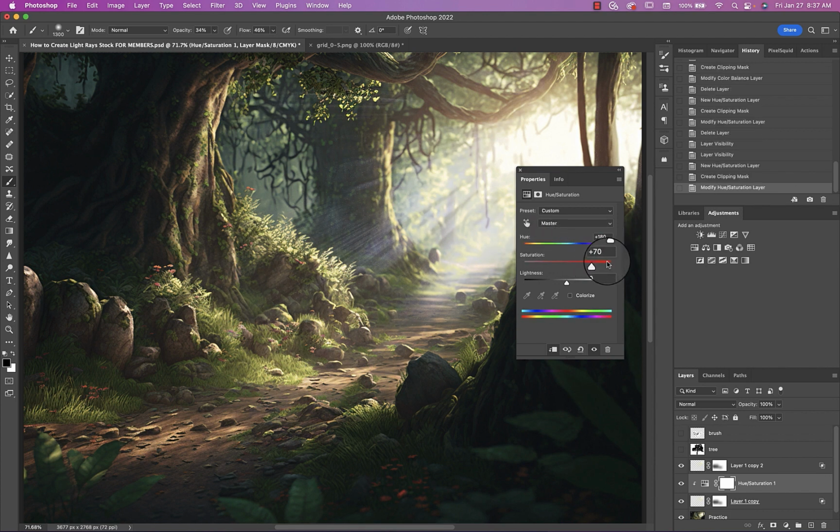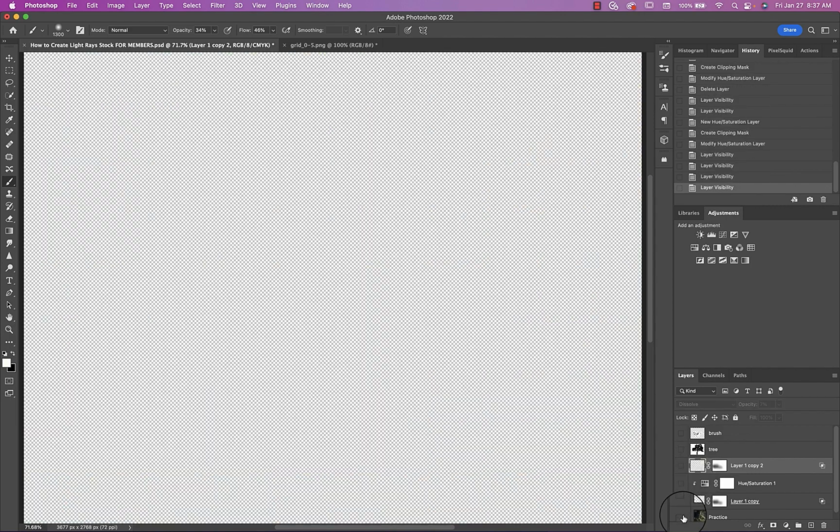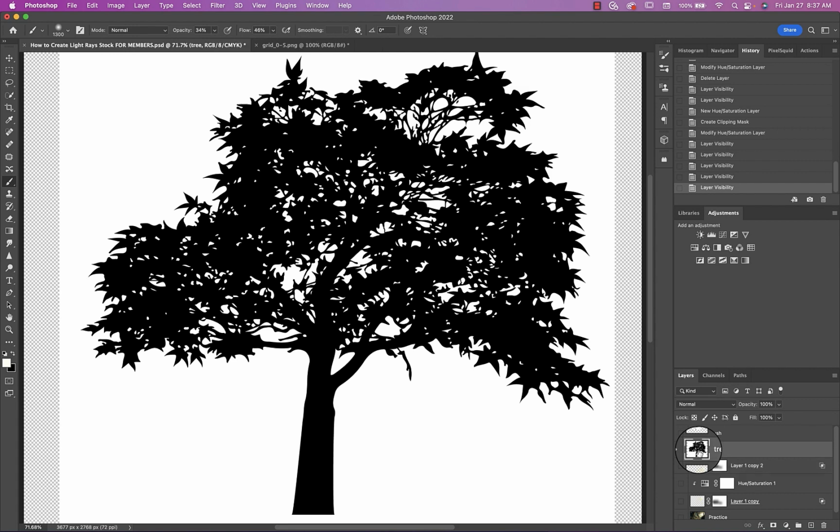As you can see, I'll bring up the saturation. You can get different color tone effects in there, and that can be fun to play around with as well. Alright, so I'm going to go ahead and turn off all of these layers, and we'll go to our next